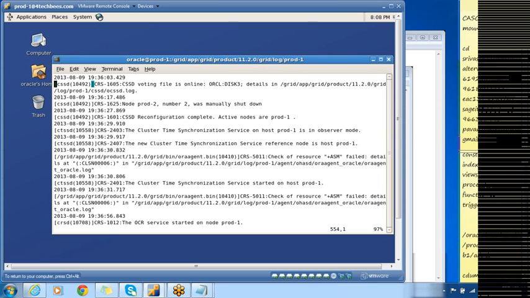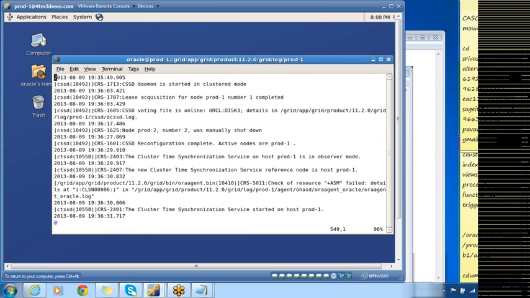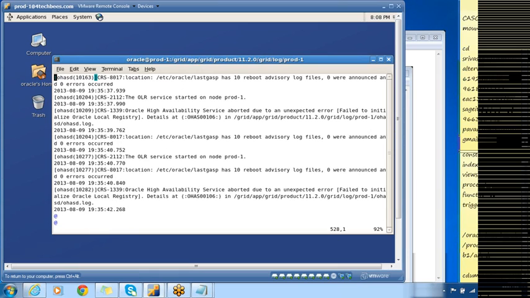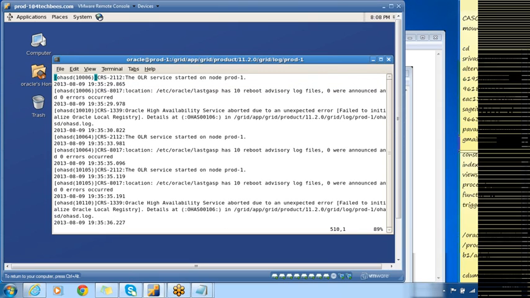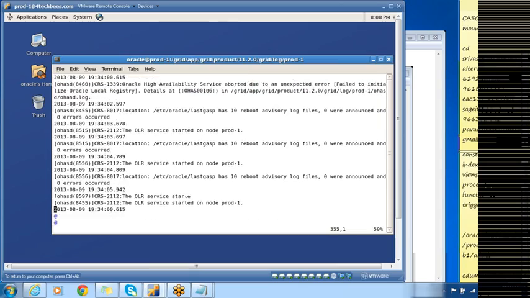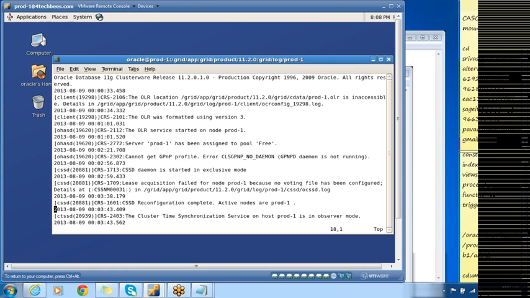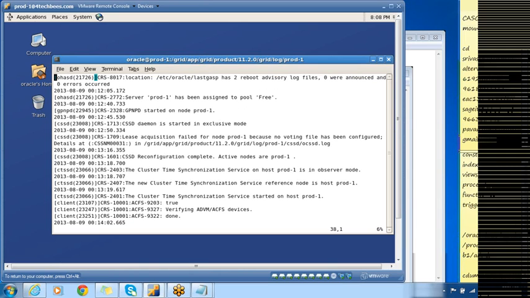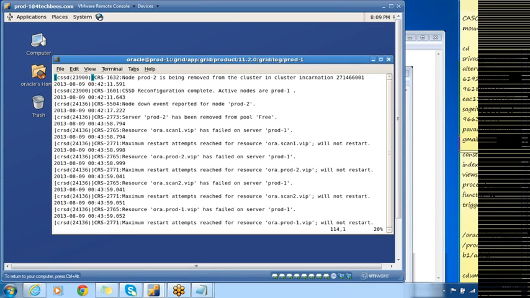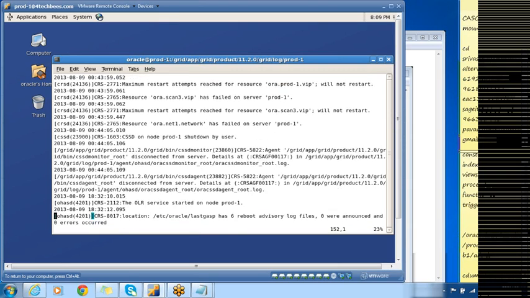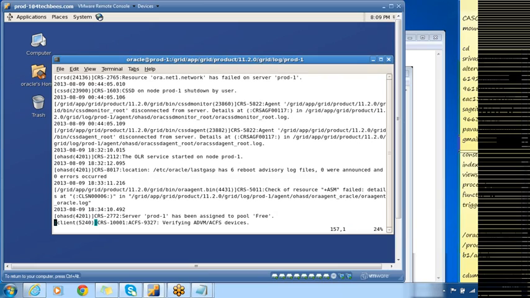So you can see here. I'm just looking at where to start. See here. Whenever it is bringing up the scan or the CRS process, everything will be updated in the alert log.